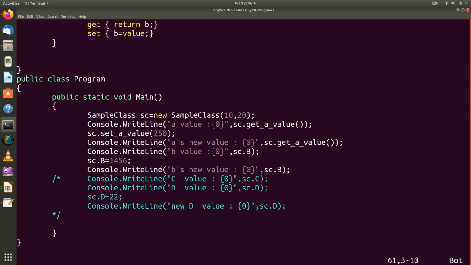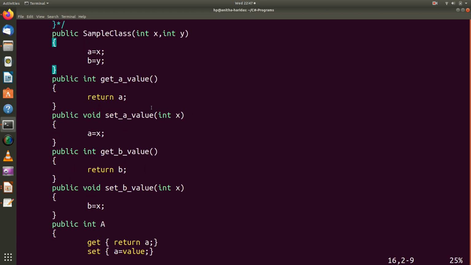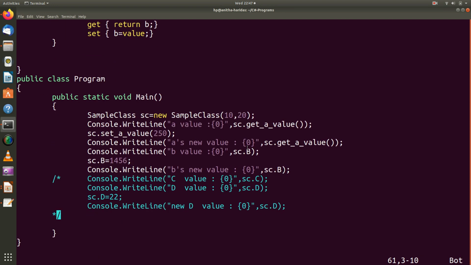Now observe the difference here. For manipulating A, I am using get A value and set A value, your normal get and set methods. I use get A value and I am using set A value for setting it. But observe here for B, I am not going to use a get B value method.